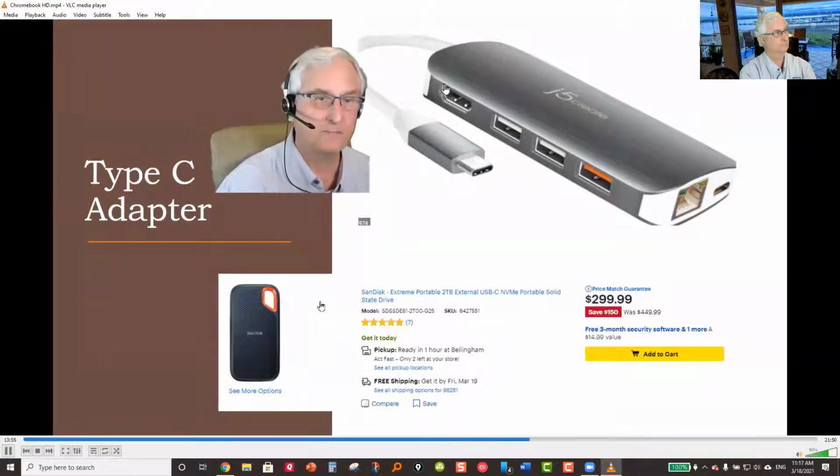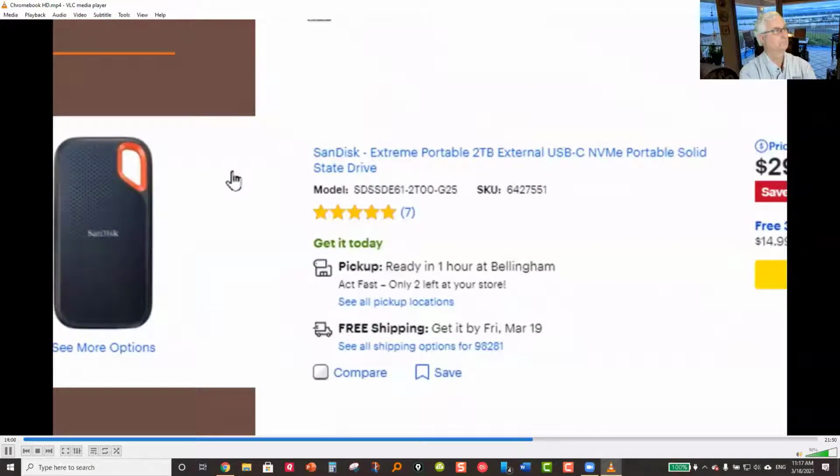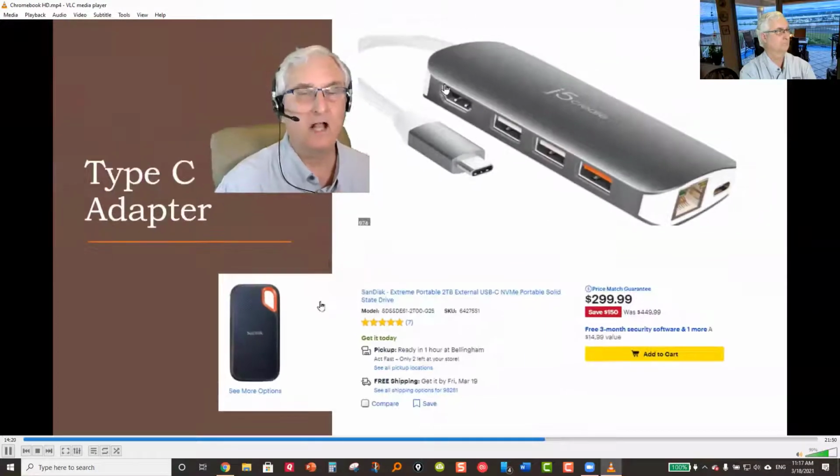And this is the one that I just purchased. This is the SanDisk 2 terabyte SSD that I purchased a couple of weeks ago. It's extremely fast. For the techies, at the very end, I want you to notice this NVMe in this particular hard drive, and we'll talk a little bit about that at the end. Anyway, it's an unbelievable expansion that you can do, but I would just wait and see if you need it, because